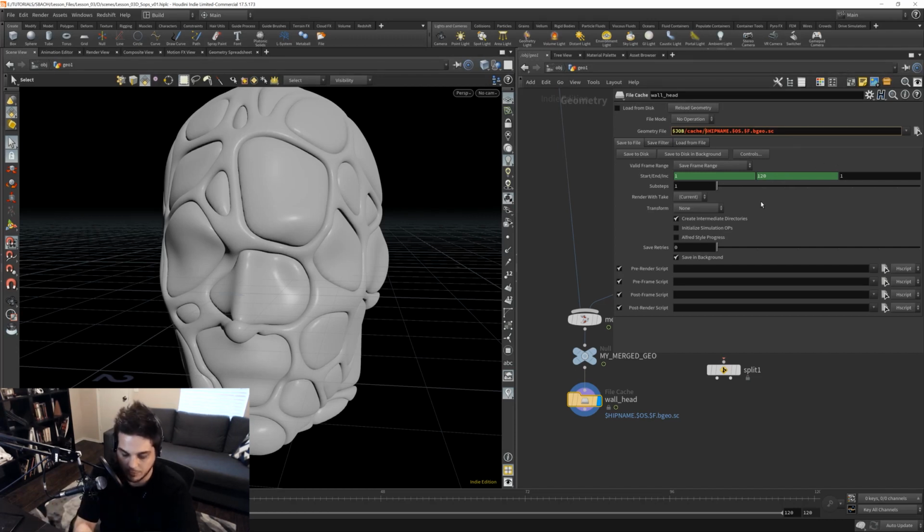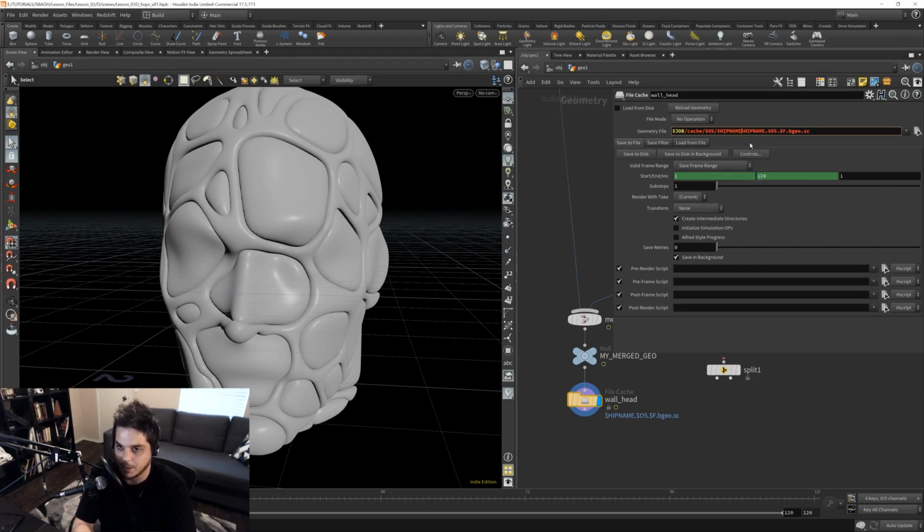I'm going to make a folder so that when we're navigating through Windows Explorer, we can see, oh, I want my wallhead caches. Where are all my wallhead caches? So to get that, I'm just going to type in $OS. $OS is going to create a directory called wallhead. And then I want to do another directory based off of the name of the file that we're on. So I'm going to do $OS